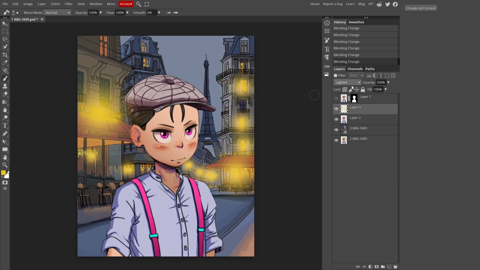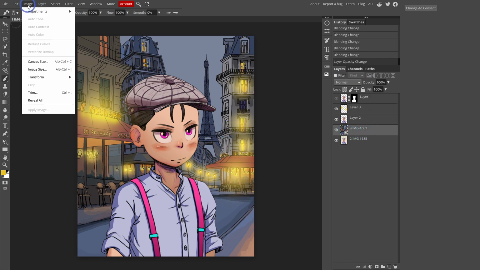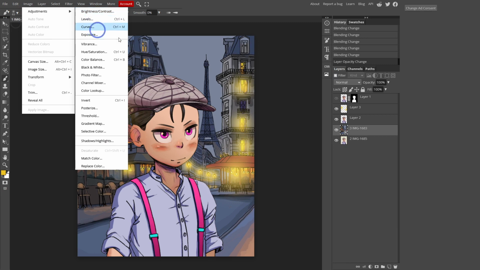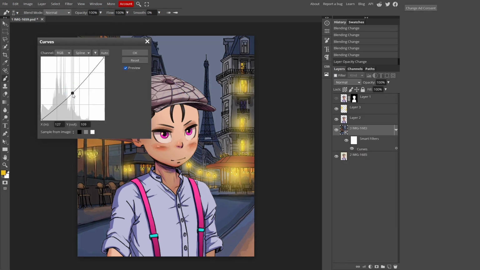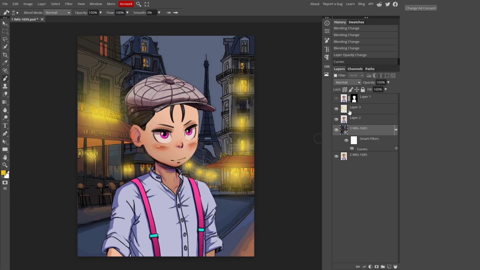Okay. So for this tutorial, I'm gonna use screen, maybe use a little bit less opacity in order to lower the effect. And what I'm gonna do also is go to image, adjustment, and use the curve in order to lower the main light of my friend's photo here, because it's supposed to be night. So yeah, the effect is going to be quite better if I lower a little bit the main light of my image. I see that it's a little bit too strong, so I can lower the opacity again.